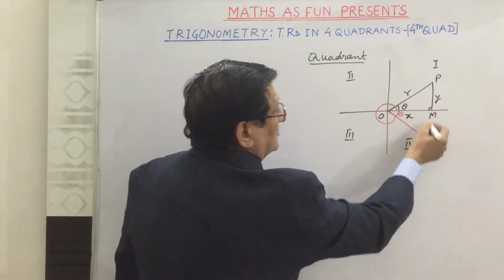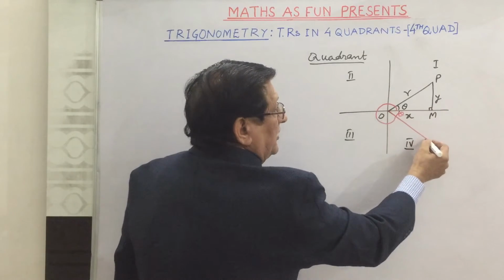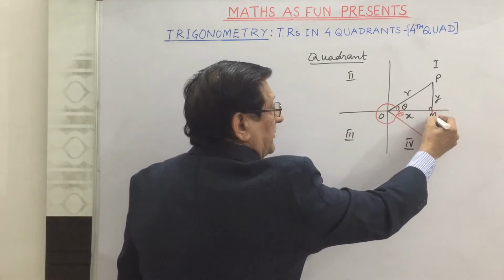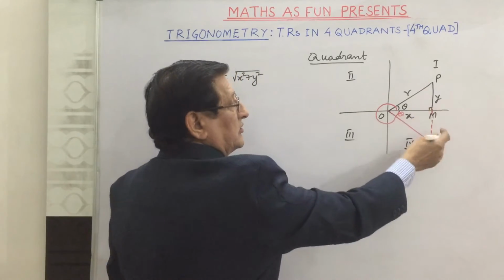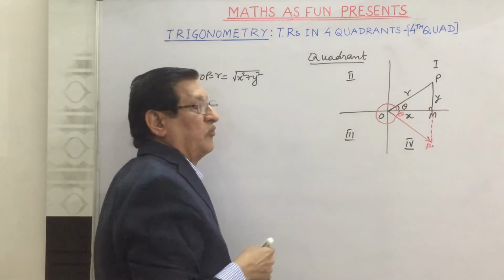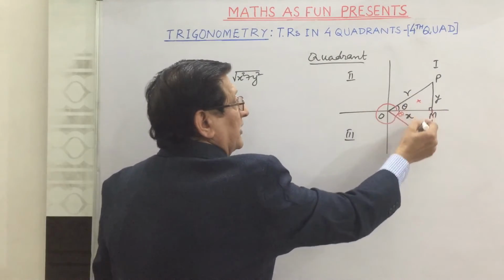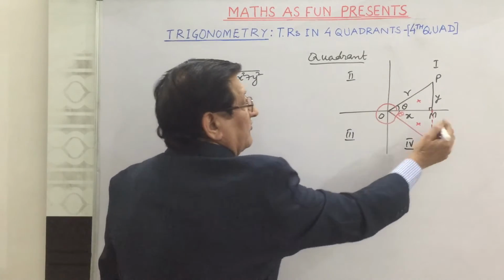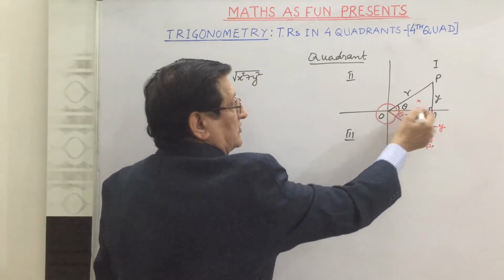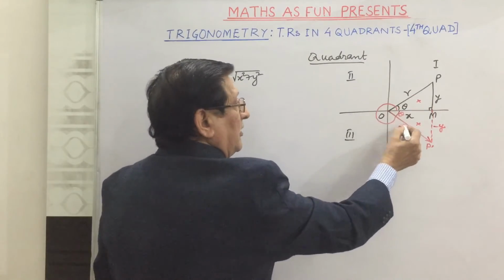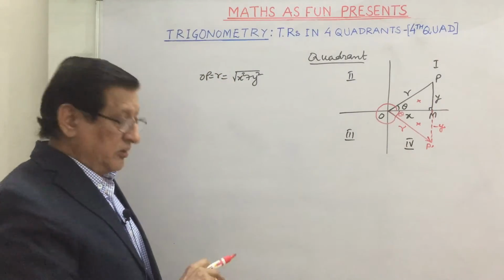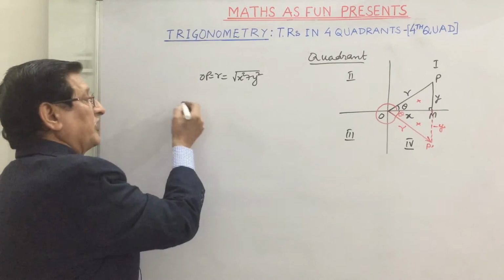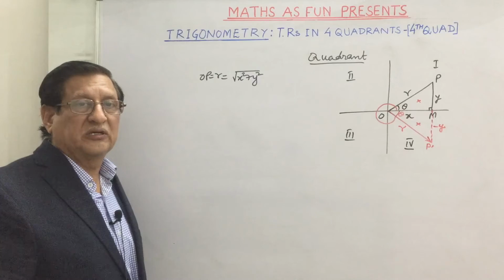And this will be the position of this OP. This is here. This is OP dash now. And if we draw the perpendicular, this will come here. That will be coinciding with M. Why? Because these two triangles are congruent to each other, you can see. And if they are congruent, we find this is minus y, this is already x, and this will be r. So we can make use of the triangle to find out the trigonometric ratio for 360 minus theta.